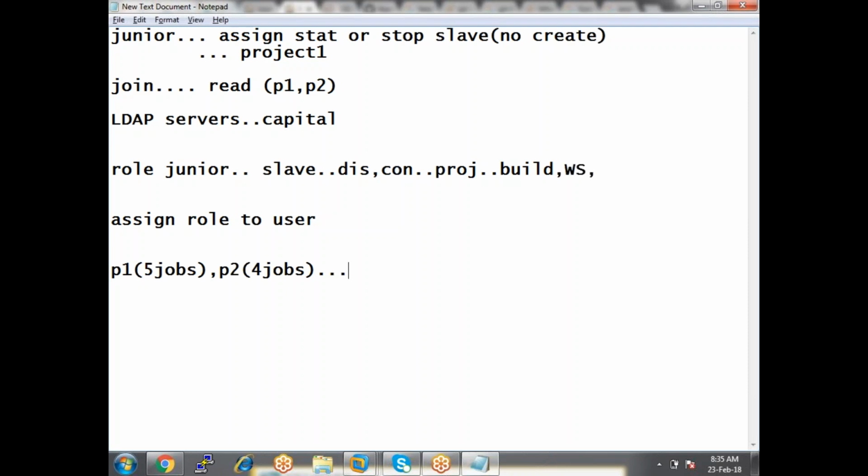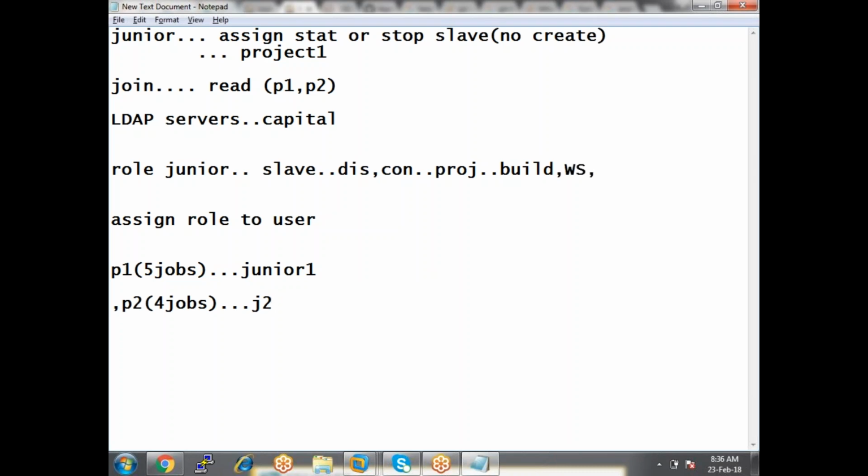The first 5 jobs, that is the first project, should be visible only to one user. And we have one more project, and this project should be visible to the junior 2 user.